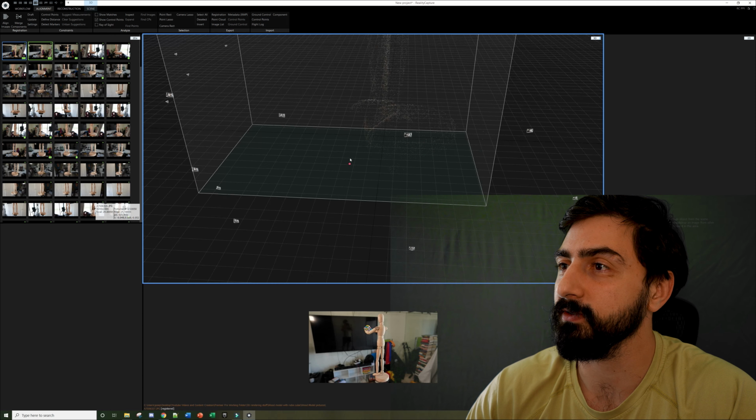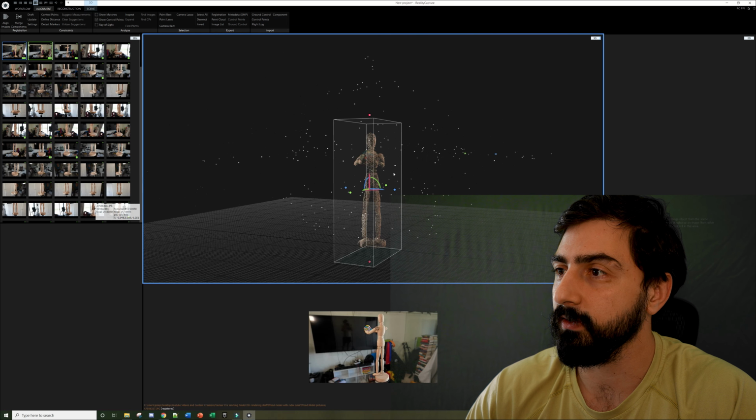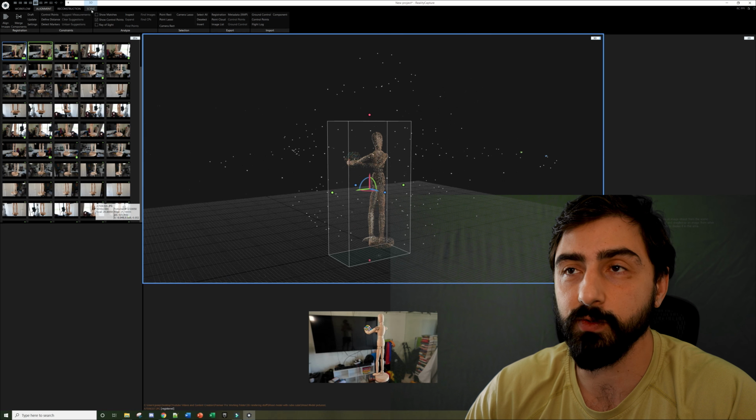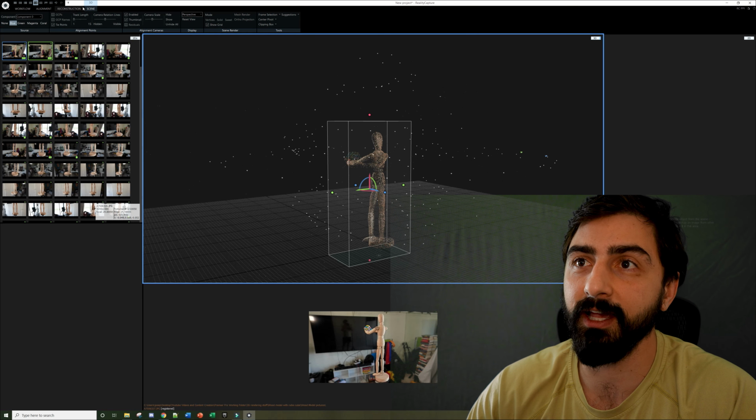So that's the base. And that's really cool. One quick thing that you can do for looking at your scene is you can go to the top tab, go to Scene, and you can change the camera scale. So I want to see much bigger pictures. That way, if I were to look around, let's say I was looking for one specific photo,